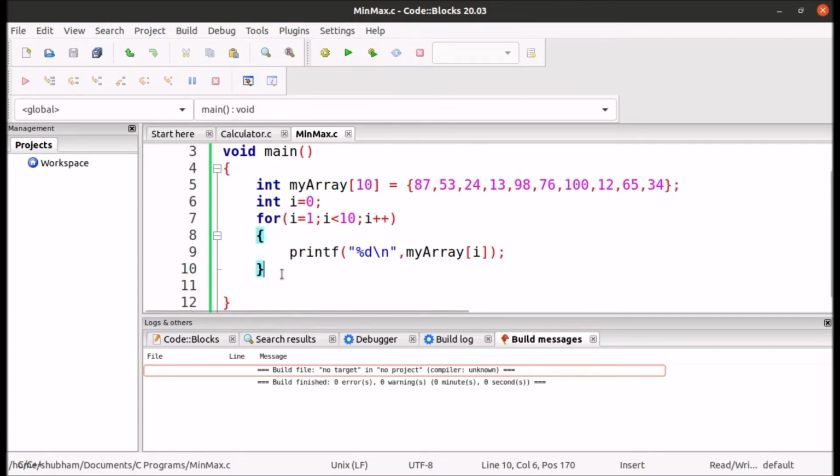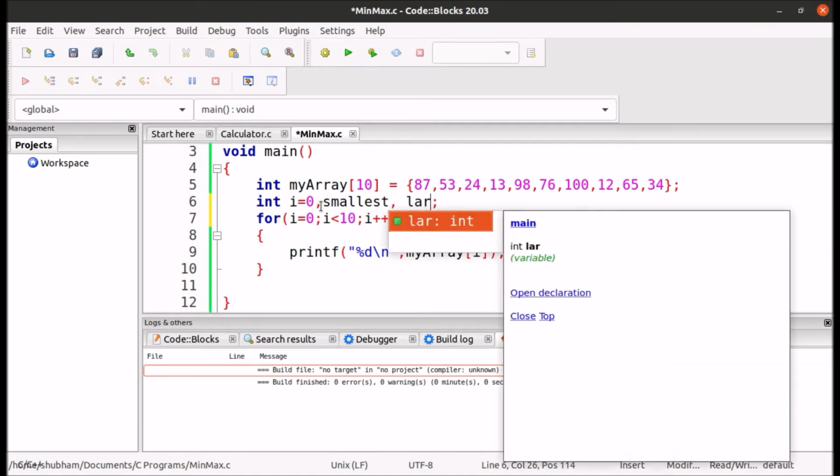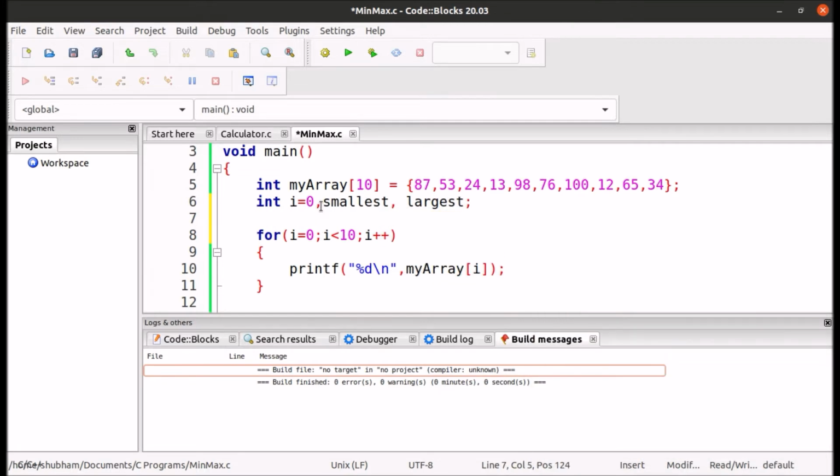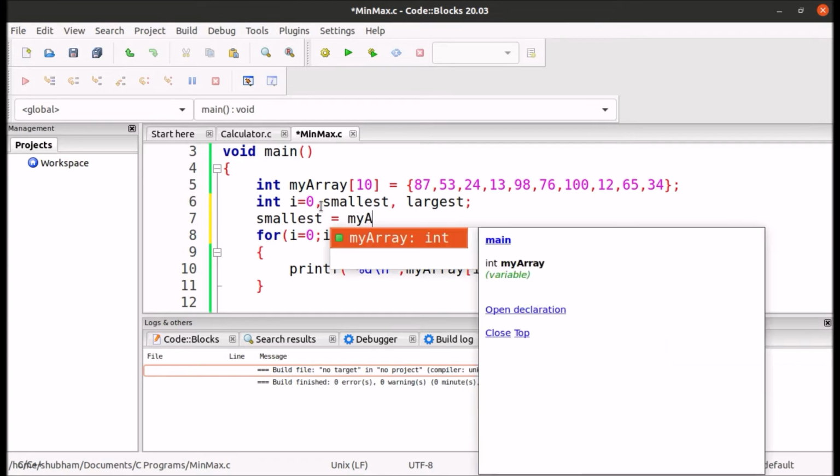Now let's write the code. Let's change our variable. We have to print the smallest and the largest number. So one variable is smallest and one variable is largest. By default smallest will be equal to my array of 0.